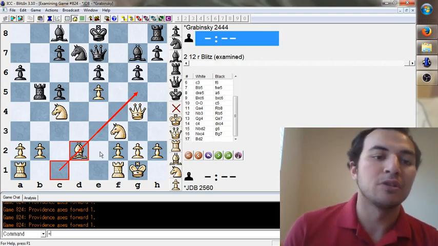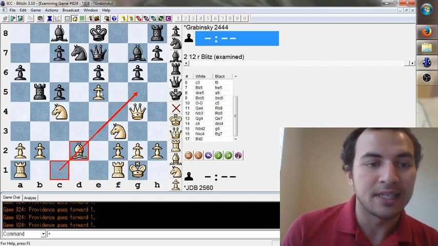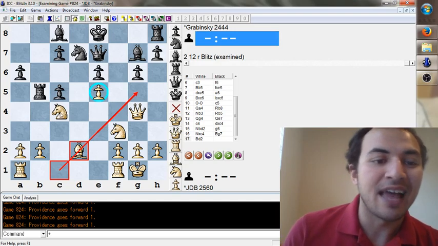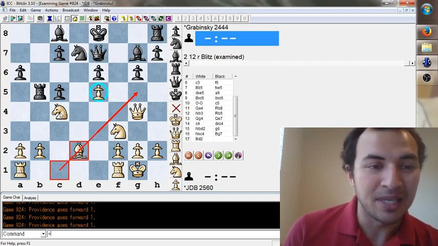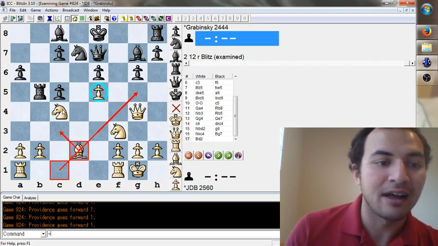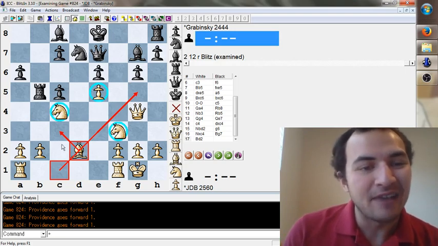And the idea of this move is just to put my bishop on c3, where it over-defends e5. When you over-defend your weak point, it allows you to move your pieces that are defending it freely. So by moving my bishop to c3, I allow my knights to move, which is very useful. And I don't have anything immediately here, so I'm just